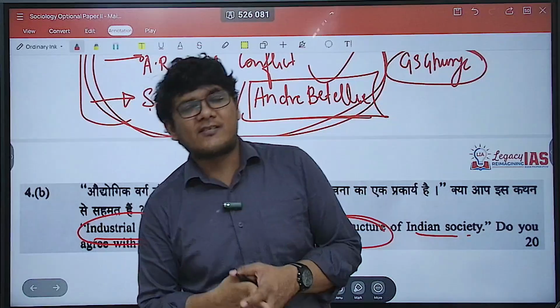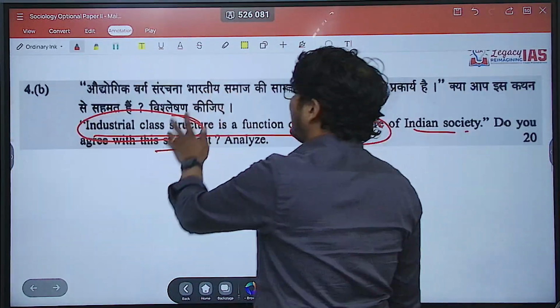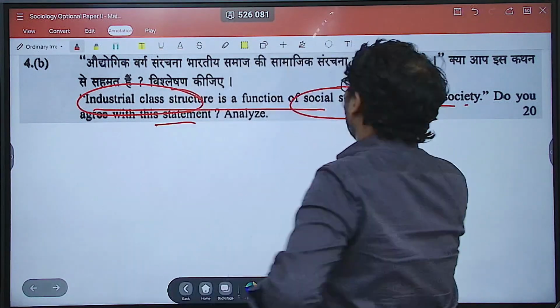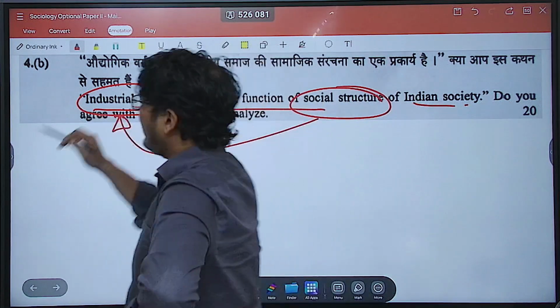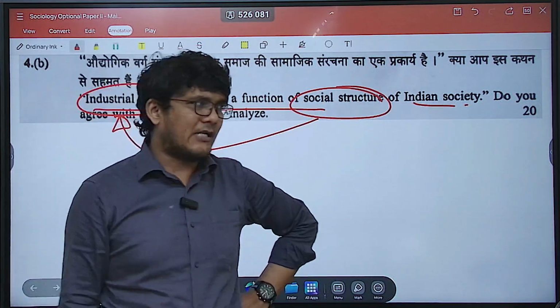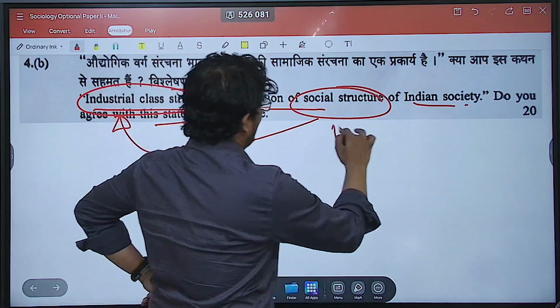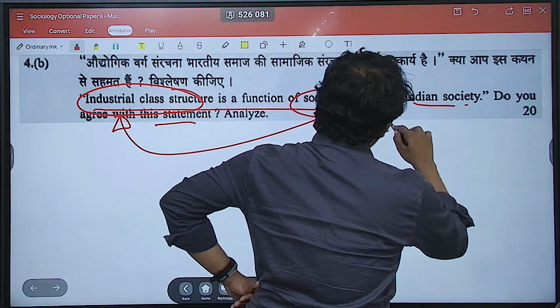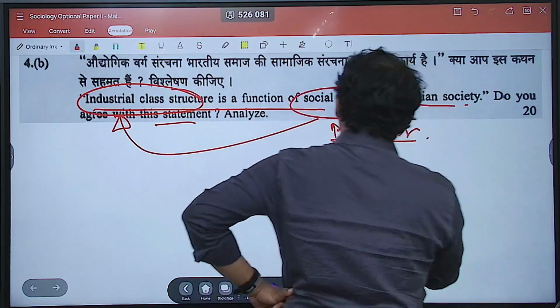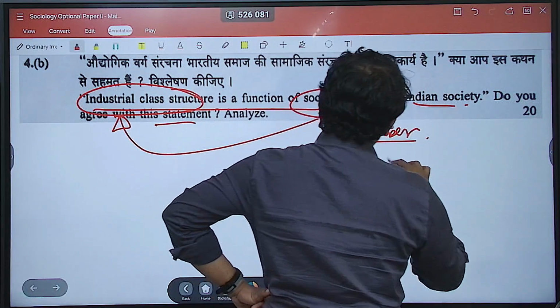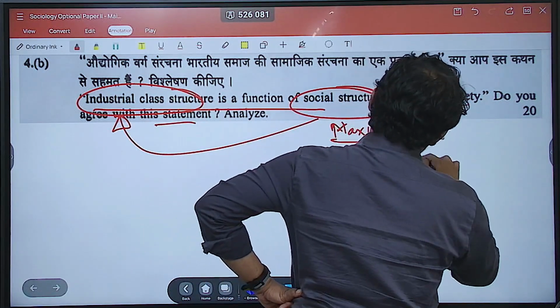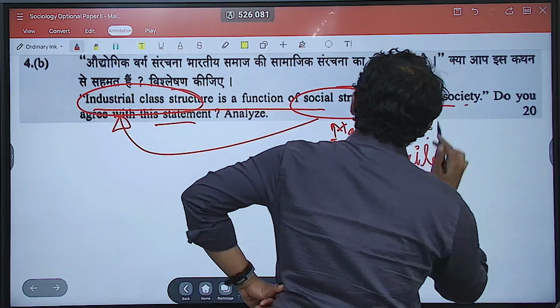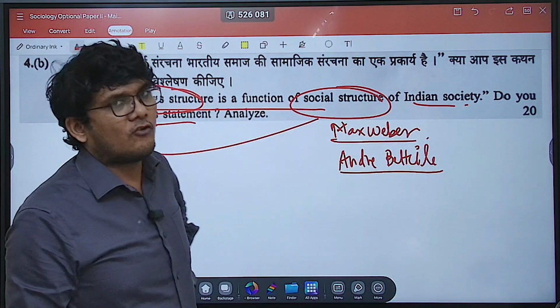So yes, the industrial class structure will be a function of social structure, and the social structure can also have the element of industrial class structure, using Max Weber's trinitarian theory of power, using Andre Beteille's concept of